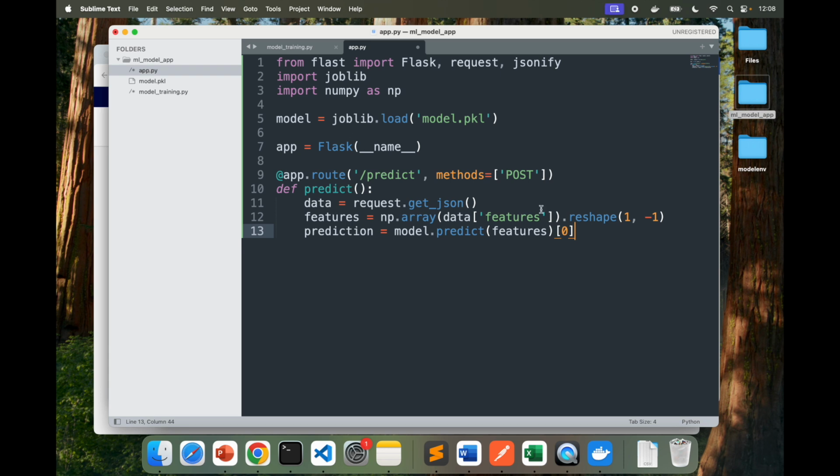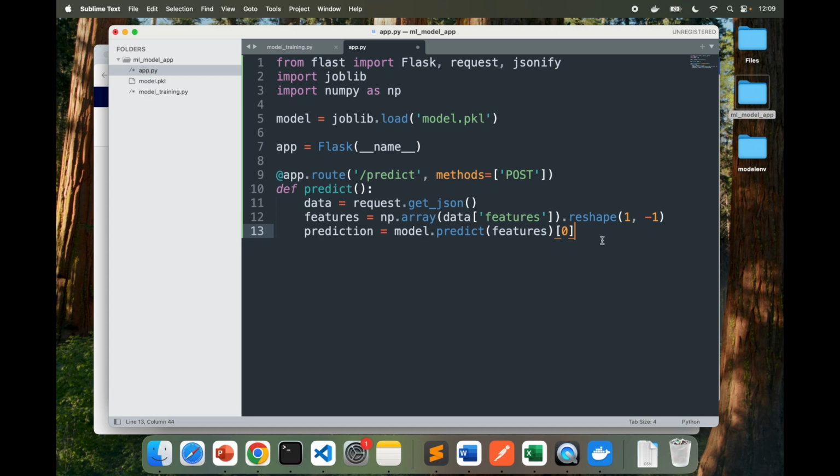And then this last part, if you are not familiar with arrays: since model.predict(features) returns an array, even if we are only predicting a single value, the square brackets with 0 are used to extract the first and only predicted value from the array. The predicted value is stored in the variable prediction.